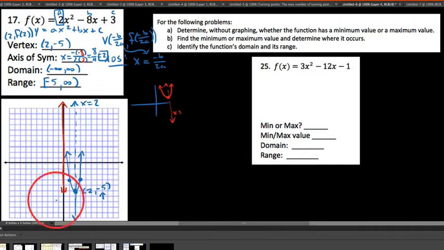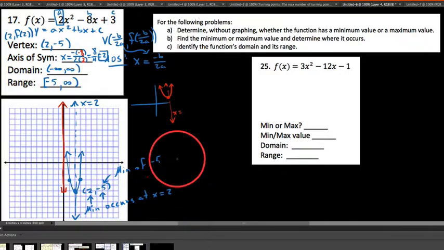So this is pretty important to me that we recognize, first of all, that this parabola had a minimum value. And if we said, well, what is the minimum value? Just to be clear on this, we have a min of negative 5. Now, if I said, where does that minimum occur? We would say that the min occurs at